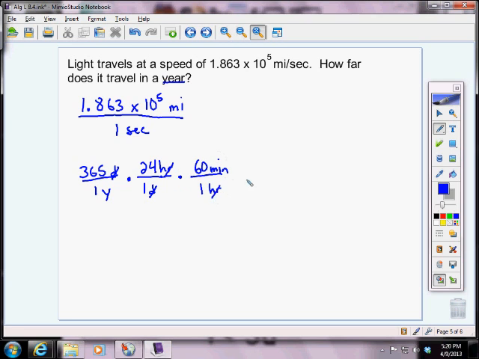If we keep going, I know in 1 hour, there are 60 minutes. So I'm just going to keep going until I can figure out how many seconds there are. I know in 1 minute, there are 60 seconds. Okay, so with these all canceling out, this big number I'm going to get up top is going to tell me how many seconds per year. So if I multiply those together, I get